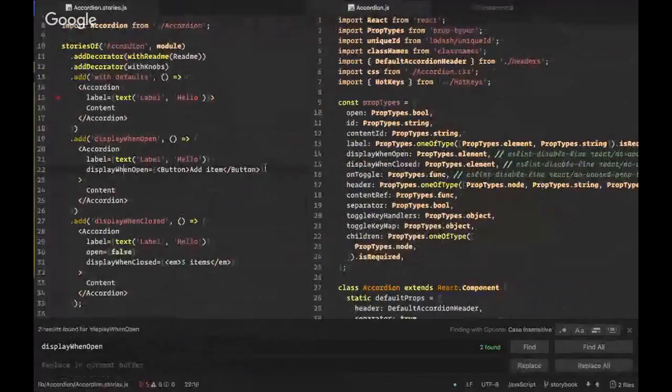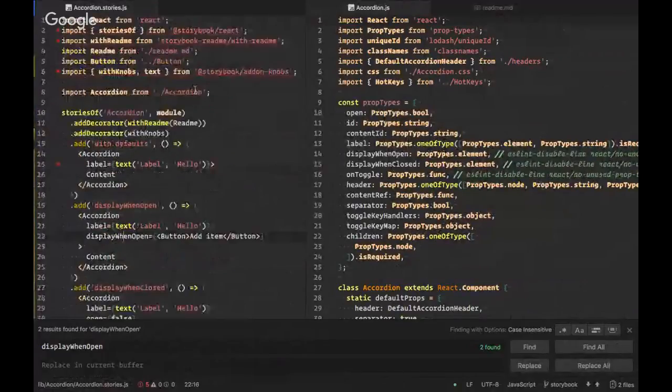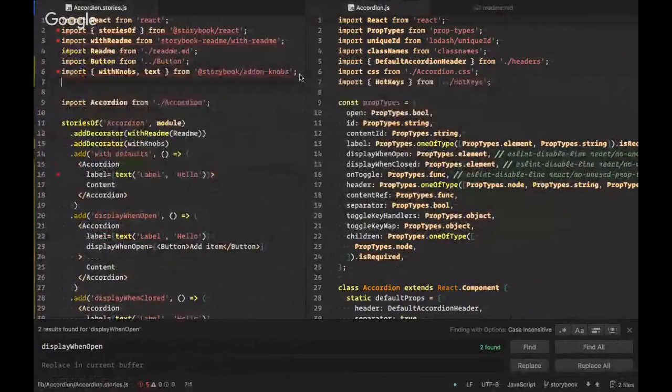So we have that ready to go. And from here, we'll want to import that. And then,